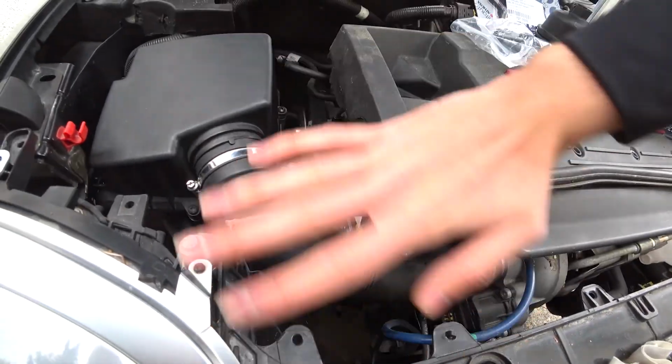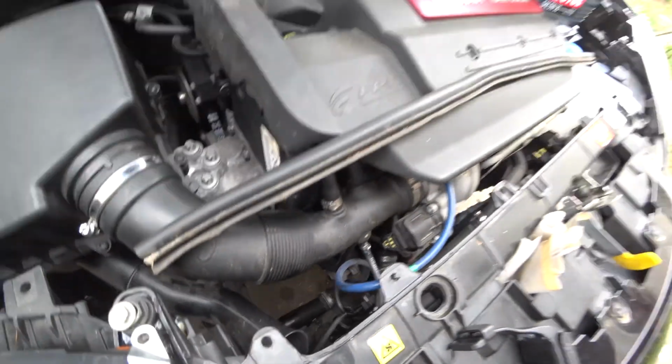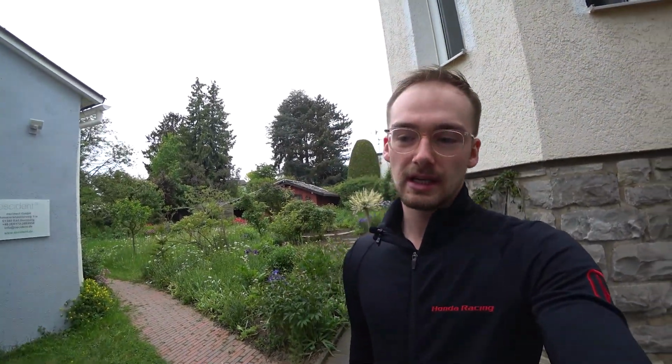Today we are going to do a very important thing on multi-air engines, which is basically replacing the multi-air filter. But I'm not just going to do that. I kept telling you in the last video, which was about the cam belt exchange, where we got that out of the way and replaced the cam belt, the V-belt and the water pump. Now it's time to do the multi-air filter and the oil and some other stuff, including the rocker cover gasket,